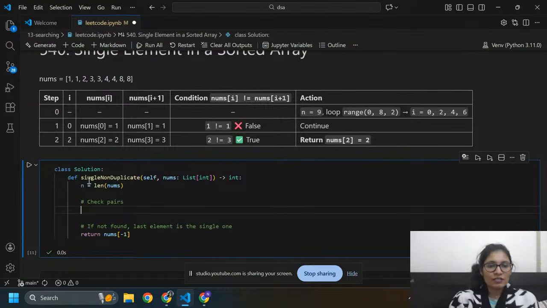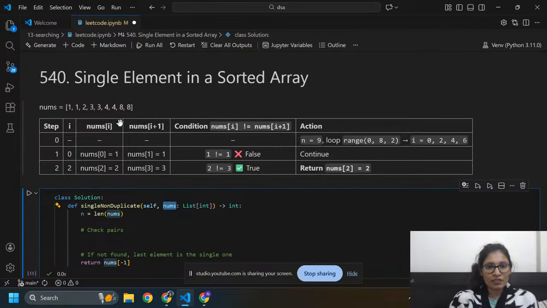Here this is the class and this is the function name. I pass nums, which is a list of integers, and the output I also want is an integer. And n equals the length of nums. So what do I have? The length is 9. If you count these numbers, its length is 9. Now I'm going to check pairs